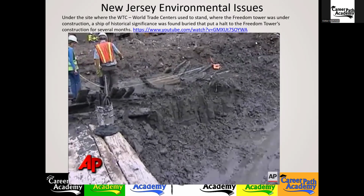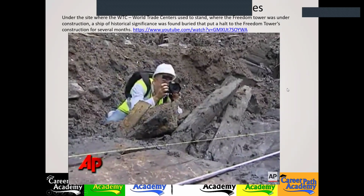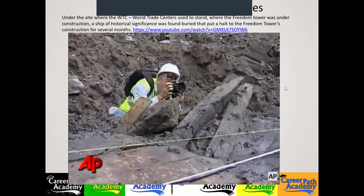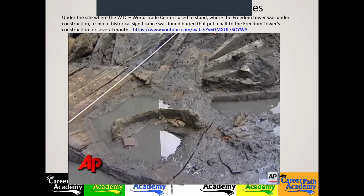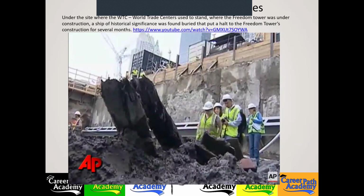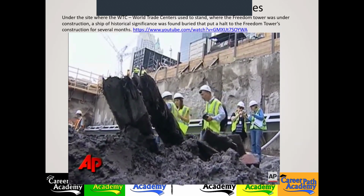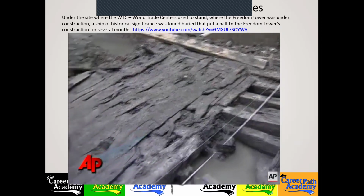At this point, we really don't know much. So we just have to continue our analysis, see what's under the boat, what's in the dirt around it, and see if that can tell us anything. We're assuming it was placed here in the early 1800s based on historic maps and how they show the shoreline progressed. Basically, they would sink it little by little and gradually extend the shoreline, and usually build